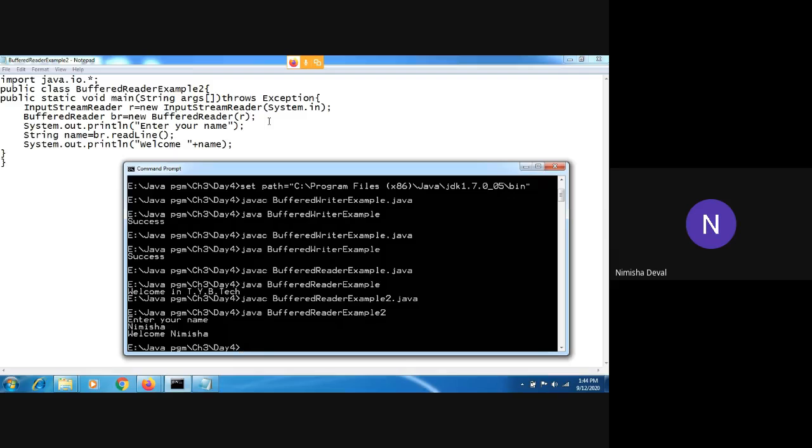Now one more example to read data from the console until the user mentions some keyword. Right now we have read a single piece of data, that is the name.